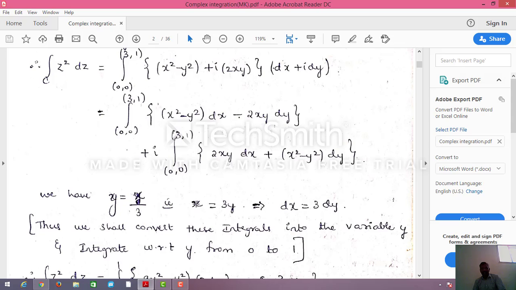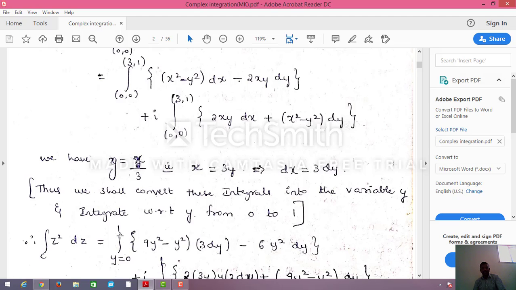Now here, the x values I am converting in terms of y. In the dx place also I am converting; that one should be dy. So here I will take y limits in this integration. Understood what I am telling? In the x place, x values I am converting to y, dx values also I am converting to dy. So that's the way I am taking the limits in terms of y.